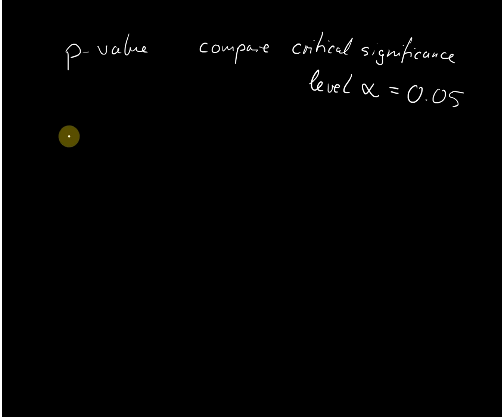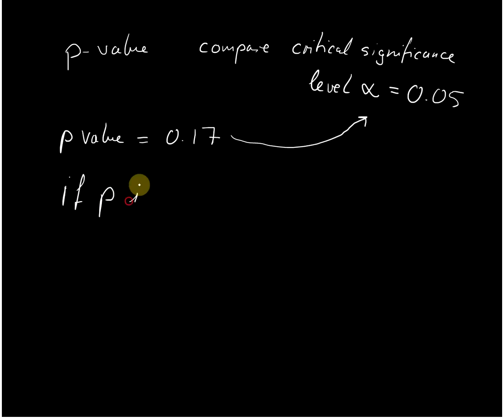So in our experiment, for example, we calculated a p-value, the probability that these two samples are from the same population in this case would be, say, 0.17, and we compare this 0.17 to this critical significance level, and we know that if P is low, so if P is lower than alpha, P smaller than alpha,